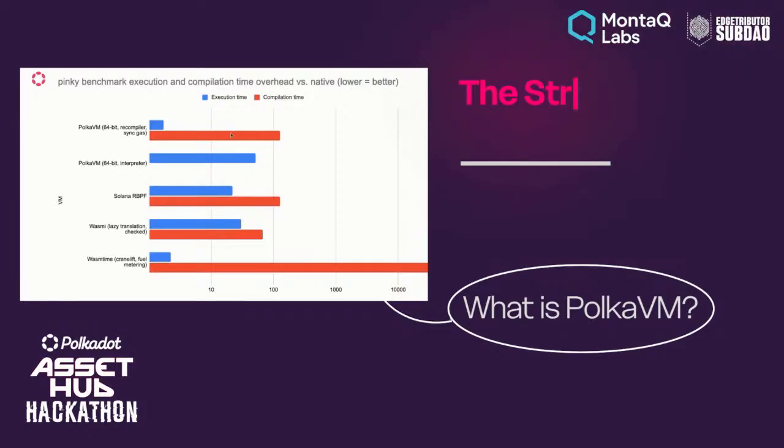And here are some benchmarks. So what this does is it executes a NES emulator, and we can compile this. It's called Pinky, and we can compile this Pinky NES emulator to various virtual machines. So we have the PolkaVM recompiler, the PolkaVM interpreter, Solana RBPF, and WASMI. WASMI is what the old contracts, the WebAssembly-based contracts pallet, uses. And we also have Wasmtime here, which is what the parachain validation function uses. It's like the state-of-the-art